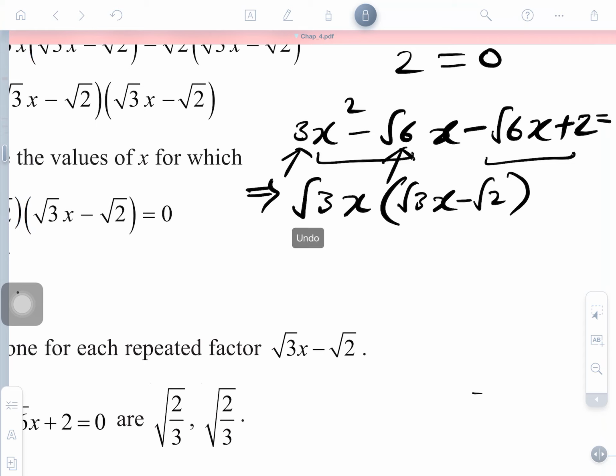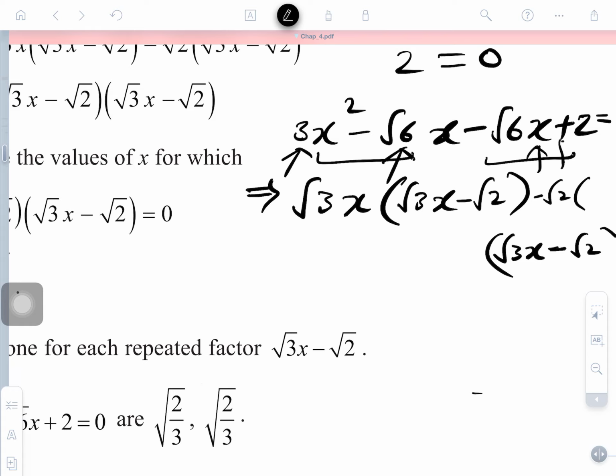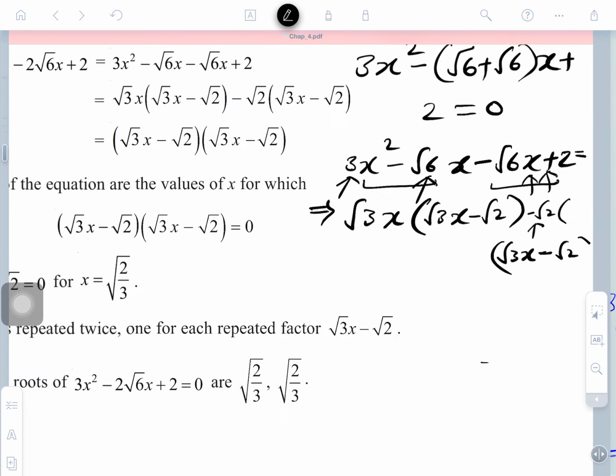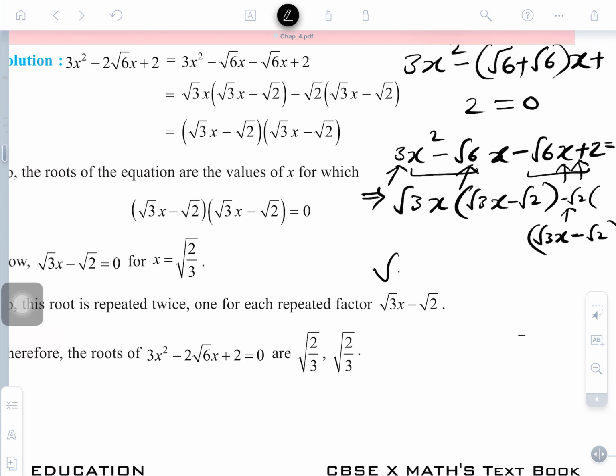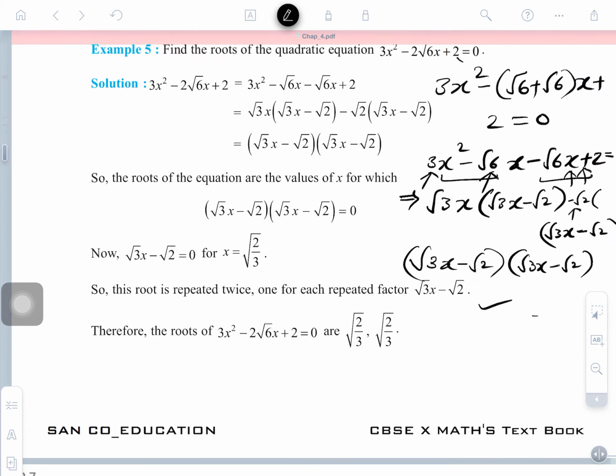So we can do this and the next step is to be written here. What is common in them? Here I think root 2 is common only. So what is left here? Root 3x and minus root 2 is there. Why minus? Because here is plus and 1 minus is taken common. Clear? And what is common throughout? Throughout is root 3x minus root 2, and the next will be here root 3x and root 2. Okay, this is now the factorization, and zeros can be found out further.